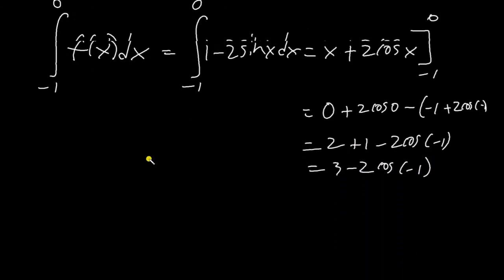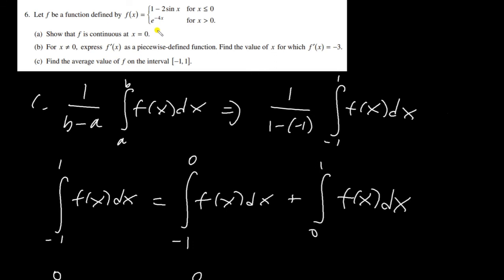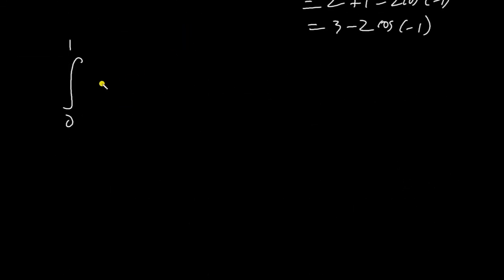Now we're going to do the second one. That's going to be the integral from 0 to 1. And remember, the top part of the function was e to the -4x, right? So that's what we're going to put in here. E to the -4x dx. And now you can do u substitution if you want, but you should be able to calculate in your head that this is equal to -1 over 4 e to the -4x. Okay? You can just think about, okay, what do I have to differentiate to get this? And the answer is this,